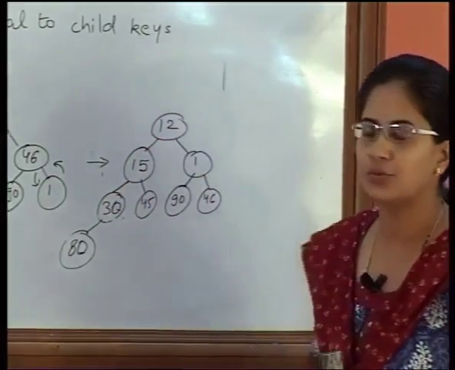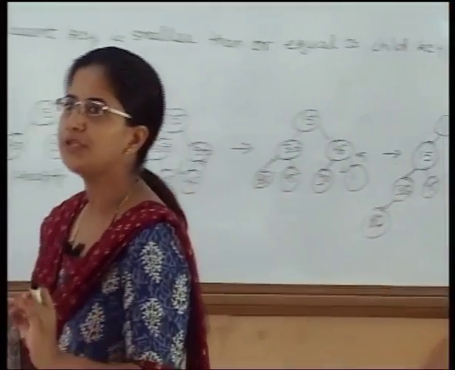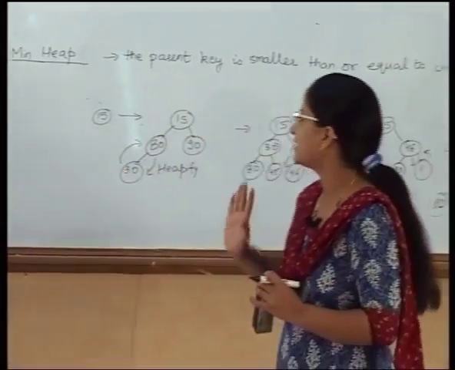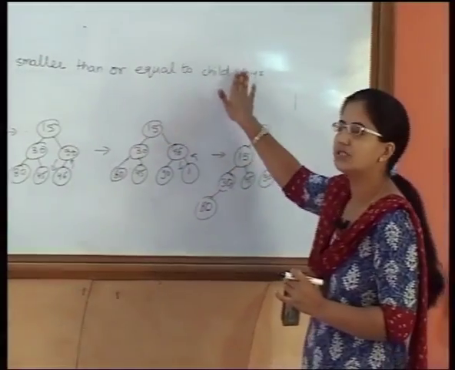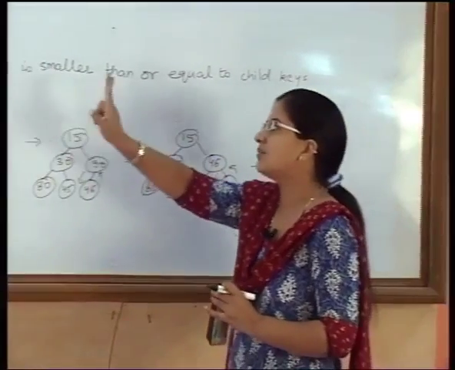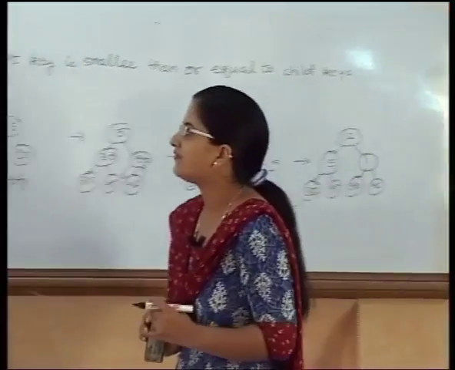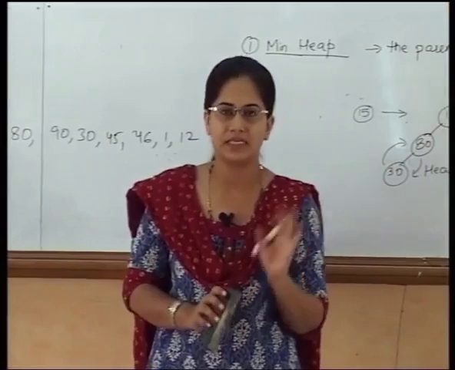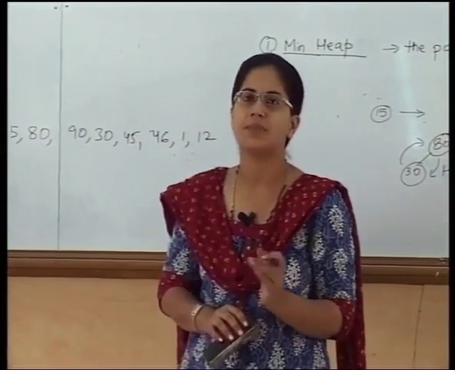So we can conclude that a particular min heap or max heap, the property should be followed from the leaf to the root node. And the property is, in the case of min heap, the parent key smaller than or equal to the child key. Vice versa, in the case of max heap, the parent key must be greater than or equal to the child key. So this is the definition of your min heap and max heap, and we had created min heap and max heap here. Now there are certain other operations which can be performed in the min heap and max heap.